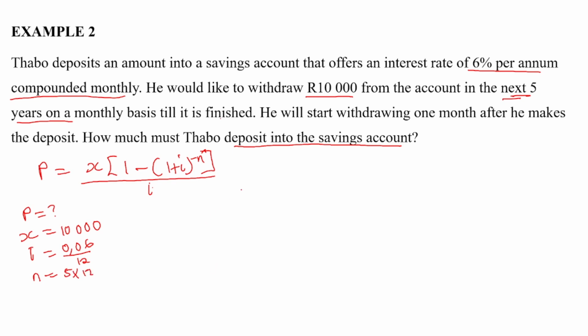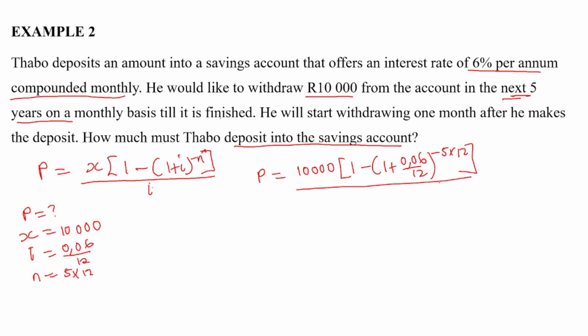Okay, so we substitute into the formula. P is equal to 10,000. This is easy. We're just going to put this in the calculator as it is. Then 1 minus 1 plus 0.06 over 12 to the power negative 5 times 12. Right, all this over